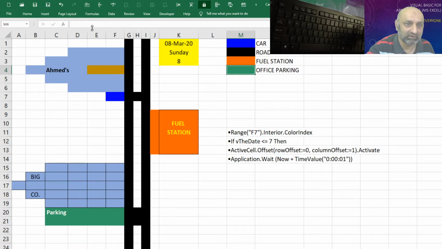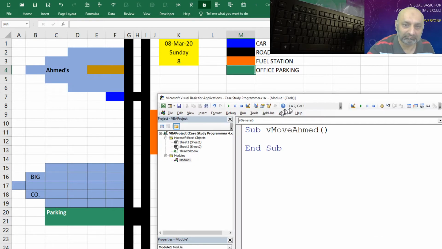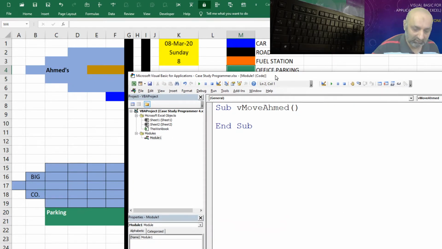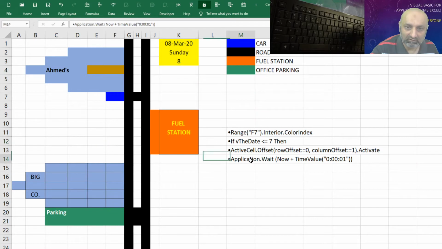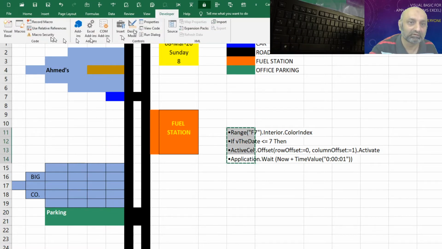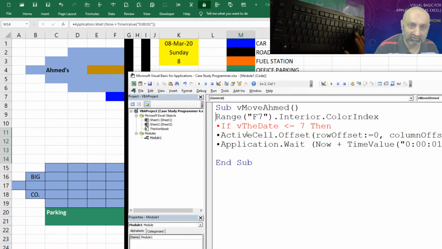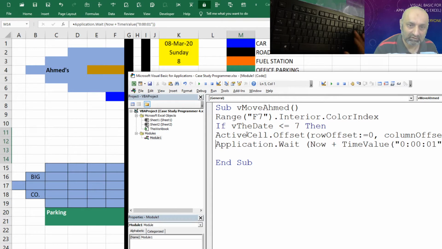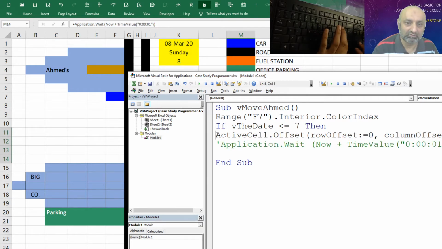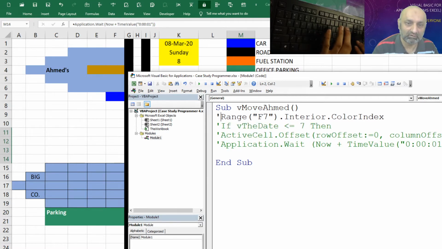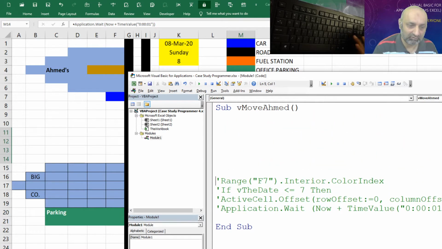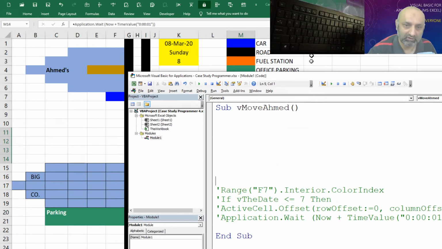Let's go back to our code and move the car first. We have these codes. It's a simple copy and paste in Visual Basic, so we can use it instead of typing again and again. Let me convert these two into comments for the time being and move them to the bottom. Okay, this is good.